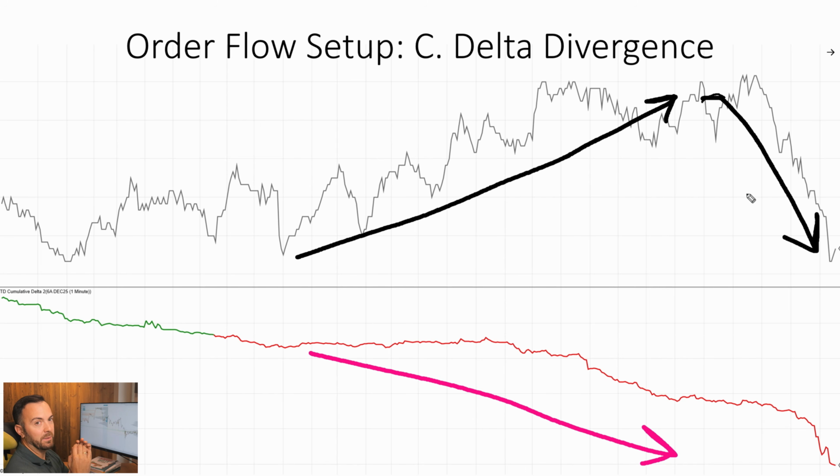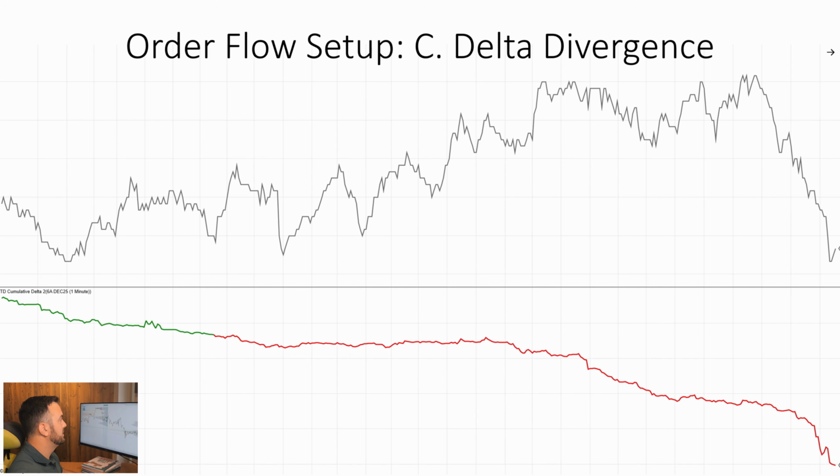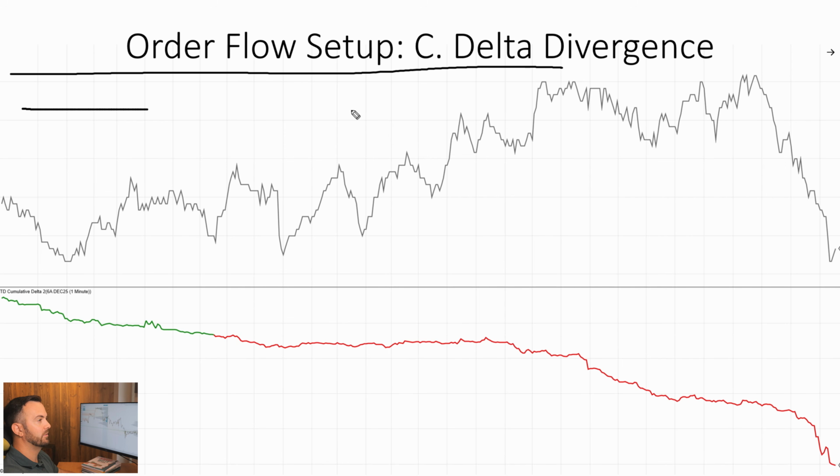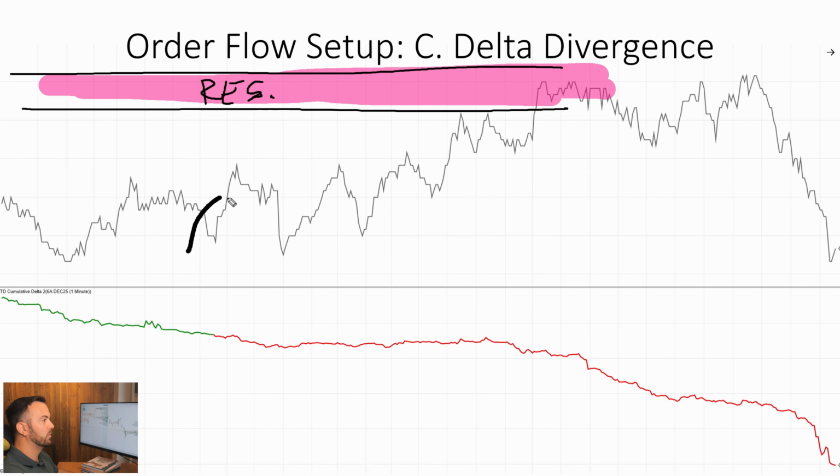Now, there are people who trade this as a standalone setup. I don't. What I actually do is I like to see this when price reaches some strong support or resistance level. Again, could be volume profile based, price action based, but let's say that in this example we have a resistance level, or I should say resistance zone, and price is going towards that resistance and goes up,